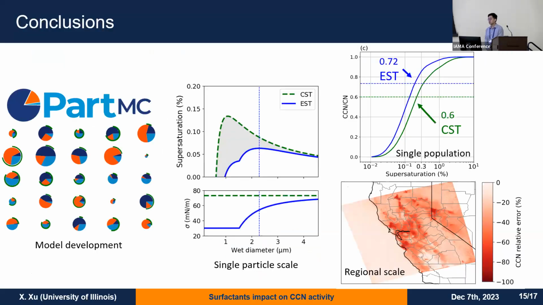Thanks for that talk. A little bit tangential, but could you provide examples of what might be typical surfactants in the real atmosphere, and how these surfactants might oxidize and therefore lose their ability to serve as surfactants? I would say that's a little bit too much of a chemistry problem. I'm not sure I understood correctly, but